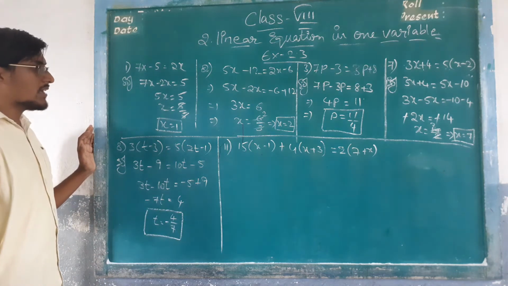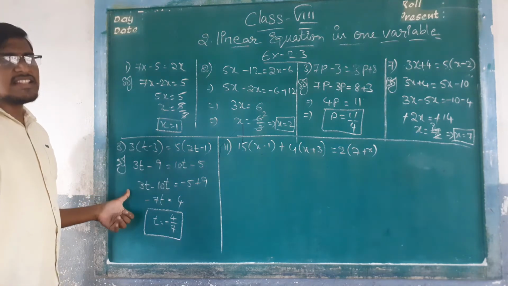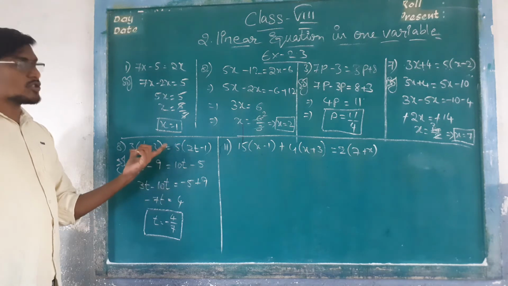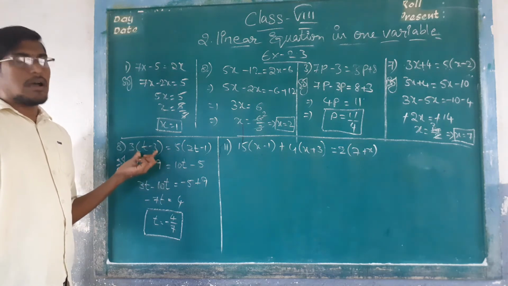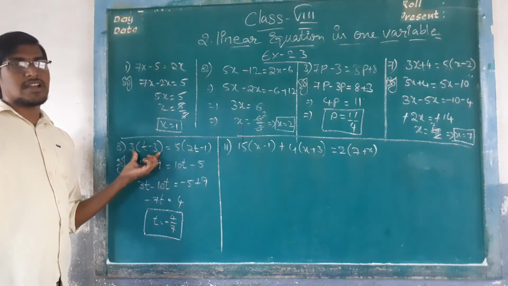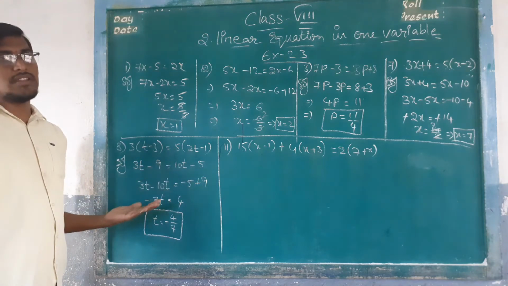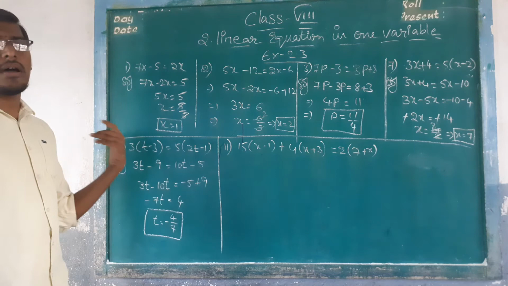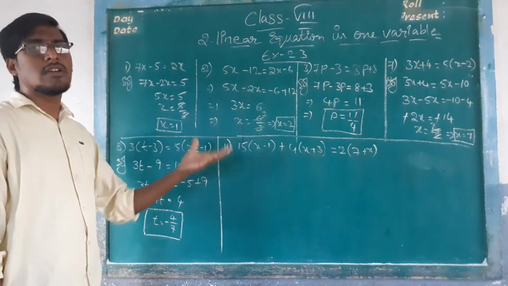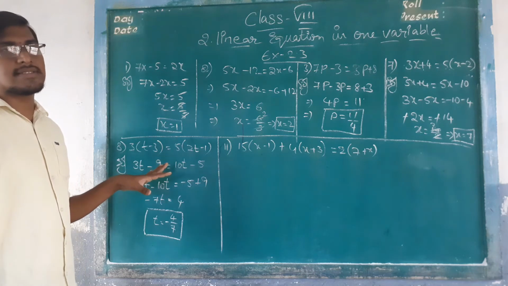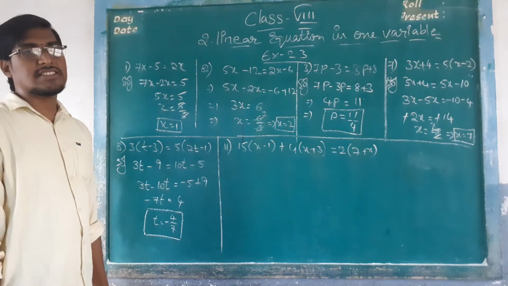Now move on to the next. The ninth sum and the tenth sum are the same as this process. Okay, so we have to multiply the left hand side first and after that the right hand side. So there will be variables. Put all the variables on the left hand side and constants on the right hand side. So we have to do it like that. The ninth sum and tenth sum are the same as the eighth sum. Now move on to the 11th sum.